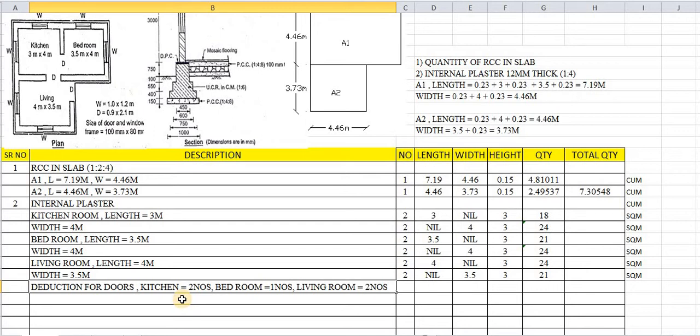But IS 1200 says that this total 5 will not be taken. We have to take 50% of the openings. That means 5 will be divided by 2, which is 2.5. So the number of openings